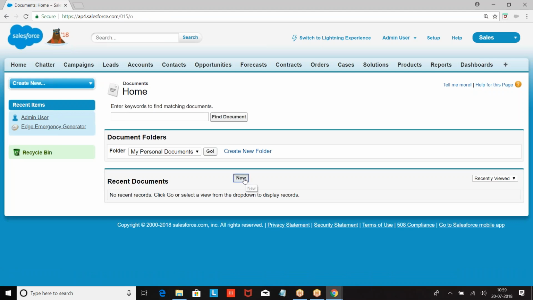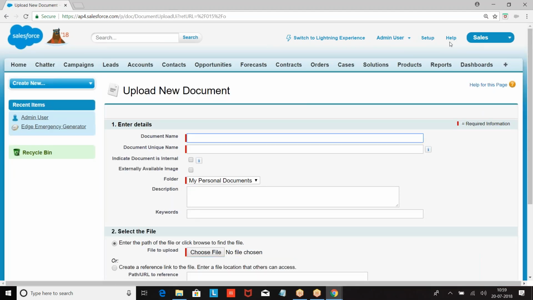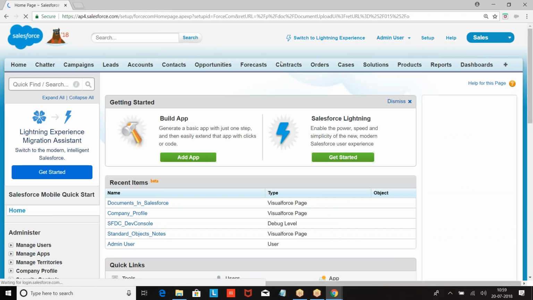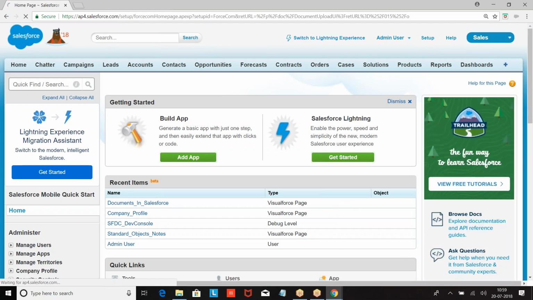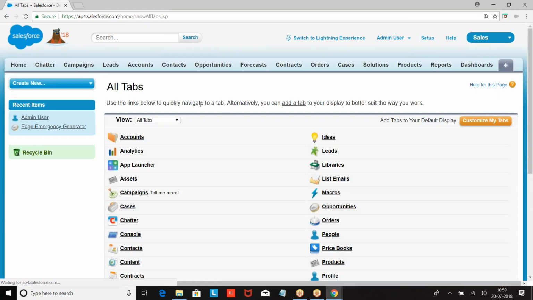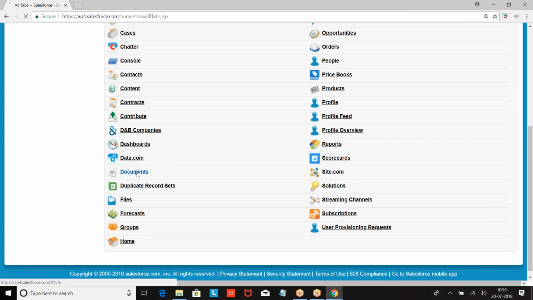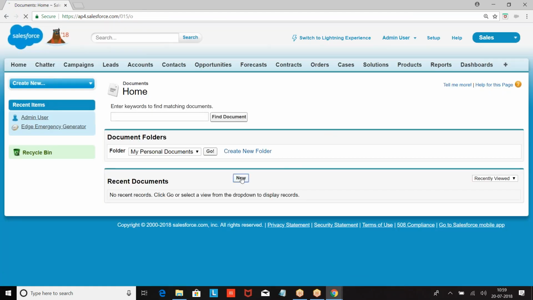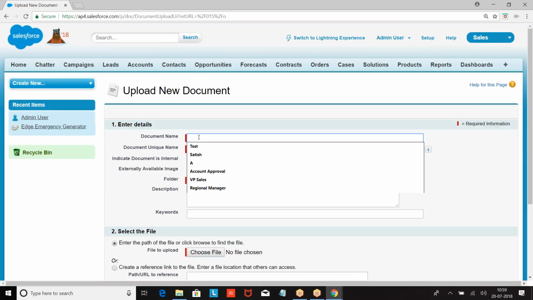Once again, click on Setup, then go to plus sign, Documents, New Document, capital logo.